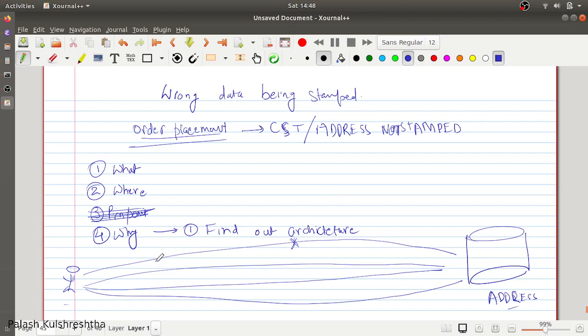Now, once you come to know that, let's say, this was the flow, because in a single flow there are multiple microservices or multiple components involved, and a problem in any component can manifest itself as a bug, which can result in the address not getting stamped in this case.